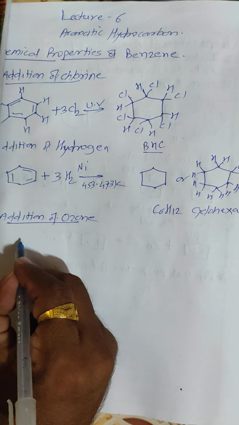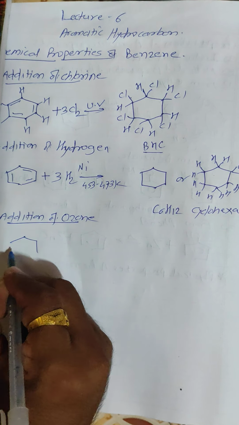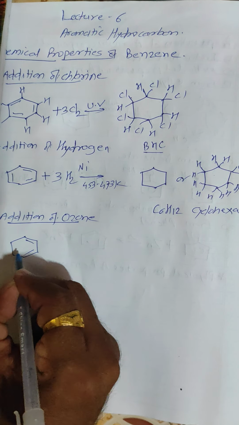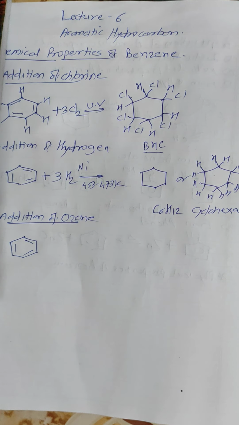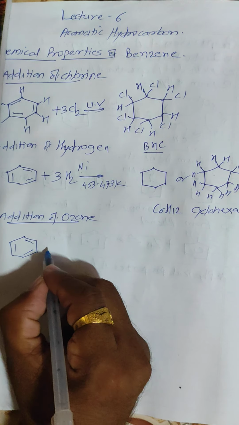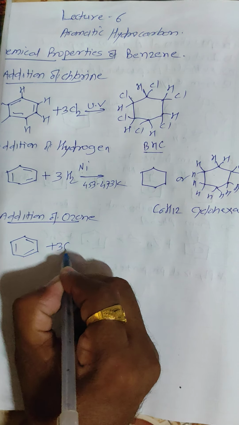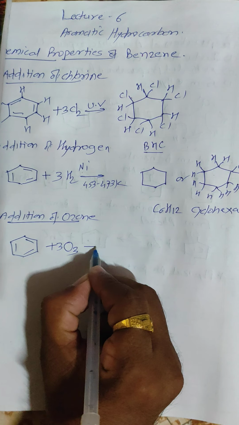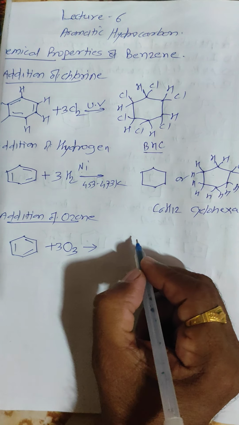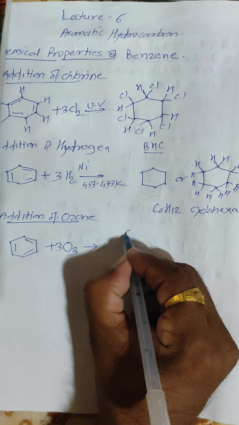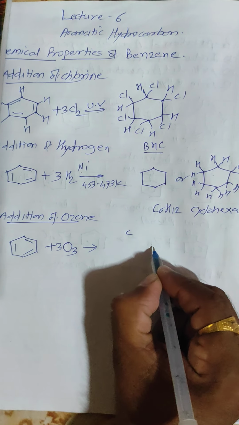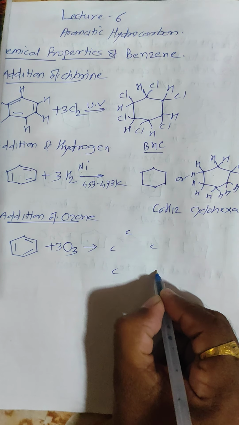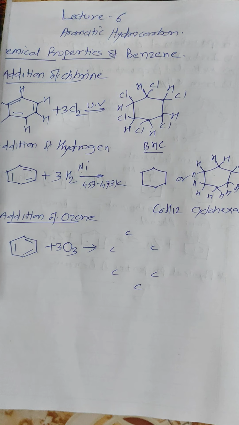So in this case, a benzene hexagonal ring with alternating double and single bonds reacts with 3 molecules of ozone, having the molecular formula O3. It gives benzene triozonide. Here carbon 1, second, third, fourth, fifth and sixth carbon atoms